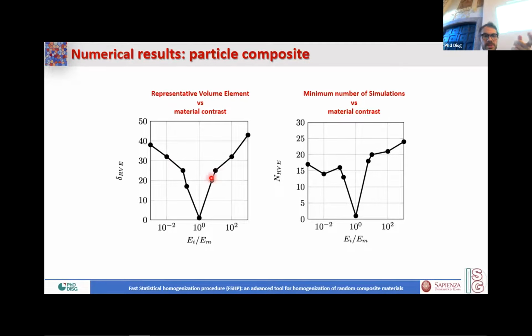When the contrast is equal to 1, the material is homogeneous, and the representative volume element does not exist, in the sense that all windows are a representative volume element. In the right graph, the number of simulations necessary to obtain convergence at the RVE dimension are reported